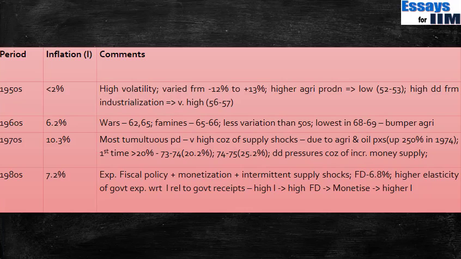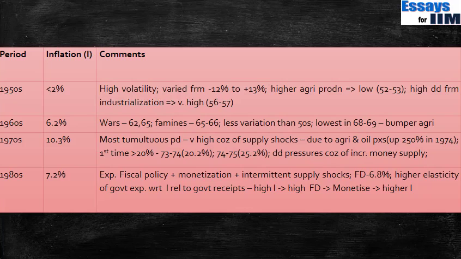Fiscal deficit, as we've given, was approximately 6.8%, which is really high. Now you need to understand a vicious cycle that India got into. At that point of time, the government expenditure was rising, and the elasticity of government expenditure with respect to inflation was high. Which meant when the inflation rose, the government expenditure rose a lot, but the government receipts did not rise as much. This is basically because of the character of government expenditure at that point of time. So just understand, with rising inflation, the government expenditure rose a lot more than government receipts.